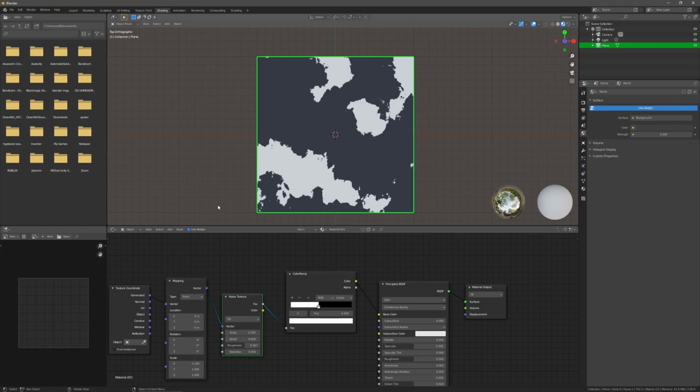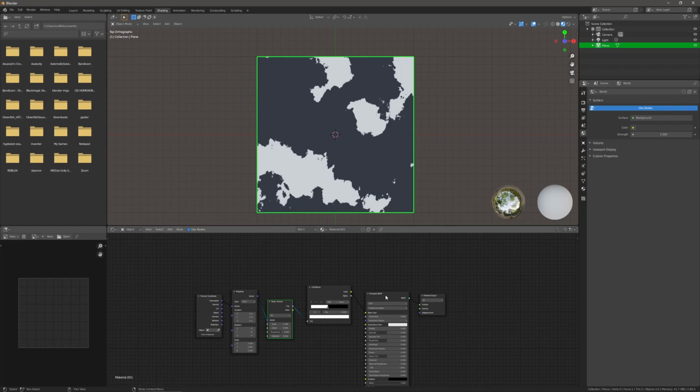So now I'm going to show you how to export this and save it as an image and stuff like that. You know, just work with these settings, work with these nodes, and you can get your output. So there's two ways you can do this. You could either bake it and save it as an image that way, or you could render it and you can save it as an image that way by doing F12 and doing your camera manipulation and stuff like this. We're gonna go ahead and try and show camera manipulation and rendering the plane and then saving that as an image and then importing it into Roblox, and then we'll also do the baking method.